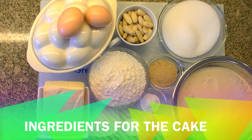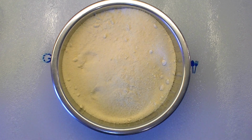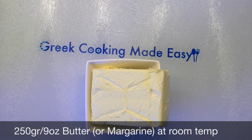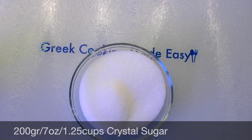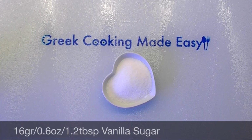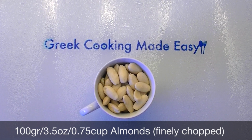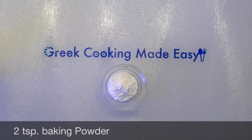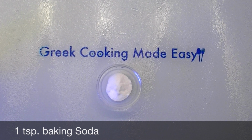Ingredients for the cake: 400 grams, 14 ounces, 2.3 cups fine semolina, 250 grams, 9 ounces butter or margarine at room temperature, 5 medium eggs at room temperature, 200 grams, 7 ounces, 1.25 cups crystal sugar, 180 grams, 6.3 ounces, 1.4 cups all-purpose flour, 16 grams, 0.6 ounces, 1.2 tablespoons vanilla sugar, 100 grams or 3.5 ounces, 0.75 cup almonds finely chopped, 2 teaspoons baking powder, 1 teaspoon baking soda,